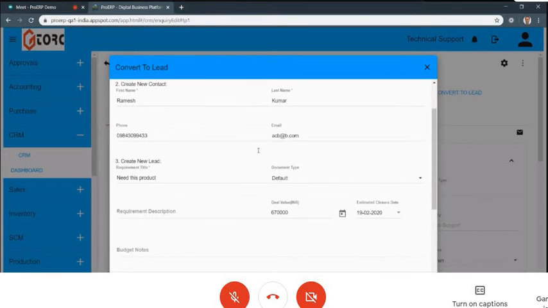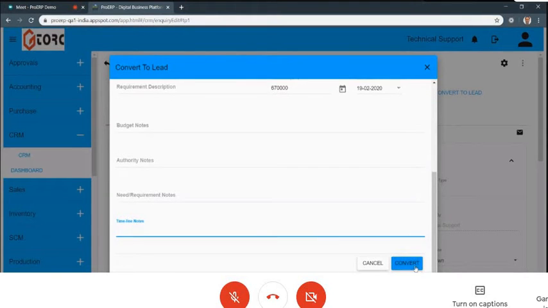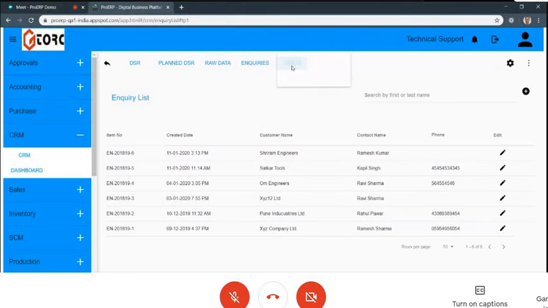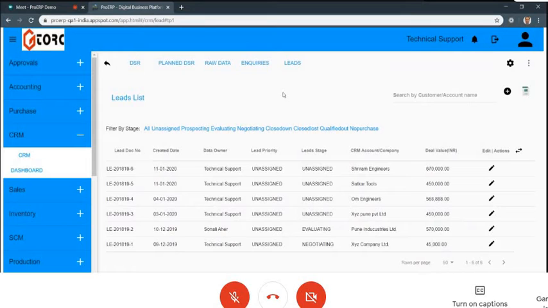So detailed contact details, initial touch, estimated closure date if not perfect, valuation, and BANT details. And then I convert this into something called a lead. And when that happens, the inquiry is marked as converted to lead. With this, what happens? You have 200 inquiries coming a month, but only 20 of them getting into the leads. And management should be concentrating on the leads and not the inquiries.